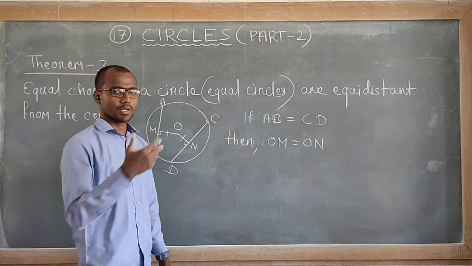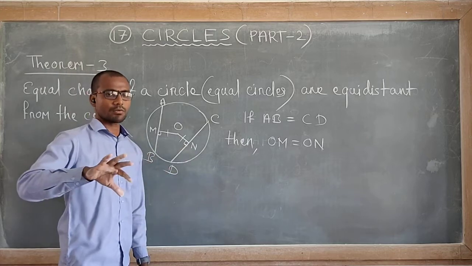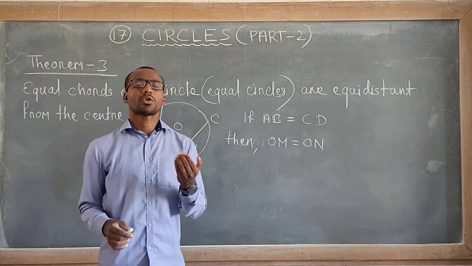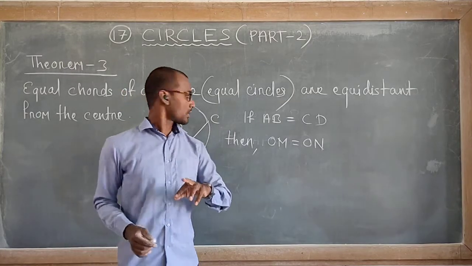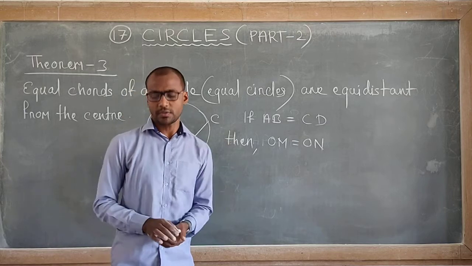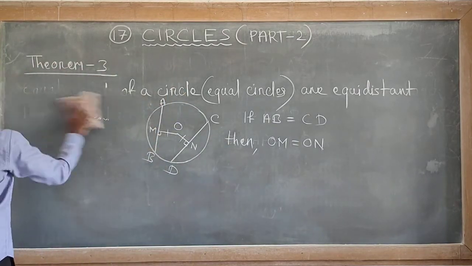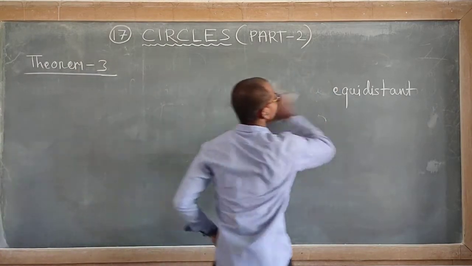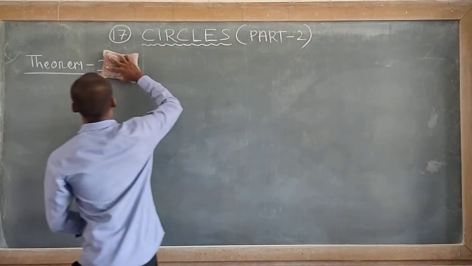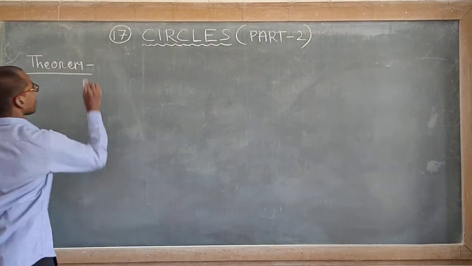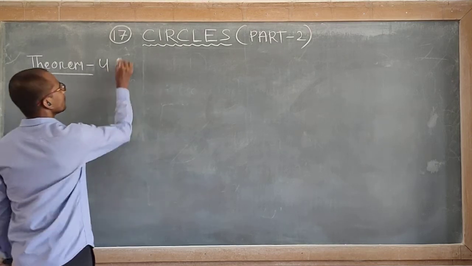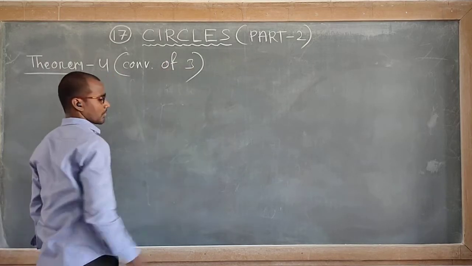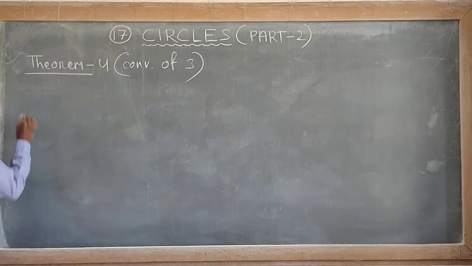Next is theorem number 4. It's converse. Means if distance equal, then chord equal. Theorem number 3 states that if chords equal, then distance equal. Theorem number 4 states that if distance equal, then chords equal. Theorem number 4, converse of theorem number 3. So it states that